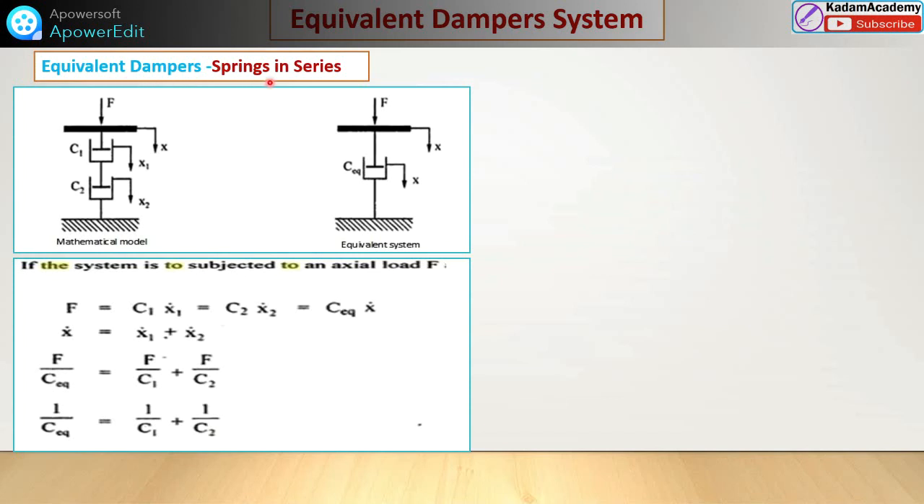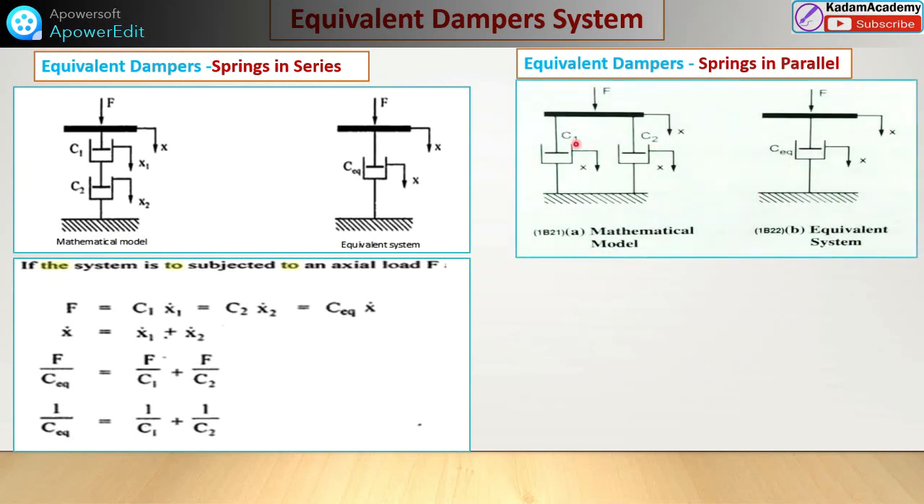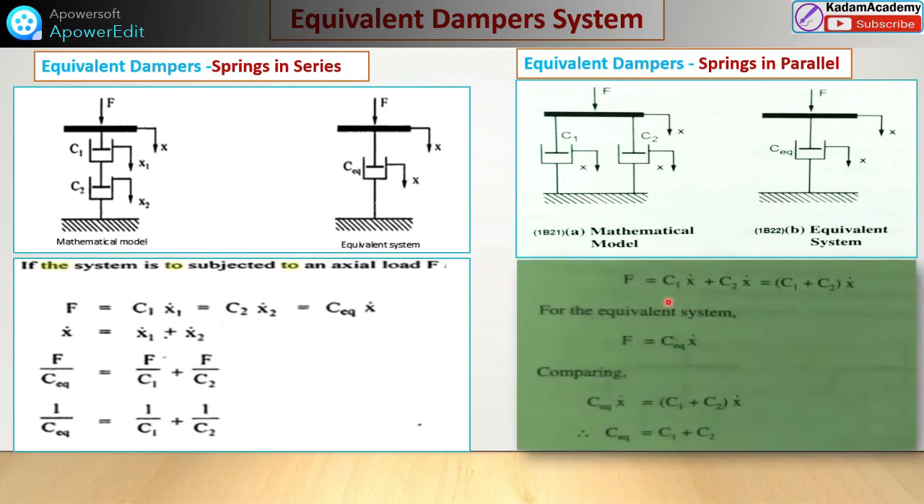This is the case when the dampers are in series. This is not a spring, but it is a case similar to the spring, with dampers in series. Similarly, consider when the dampers are in parallel, like springs. See, this is a case where the dampers are in parallel condition. F is applied here. Similarly, F is equal to C1 x dot plus C2 x dot. So C1 plus C2 is equal to the equivalent, with x dot, because x is the same in both cases. The equivalent